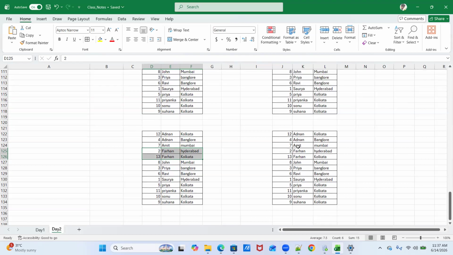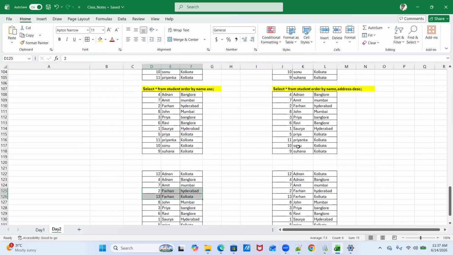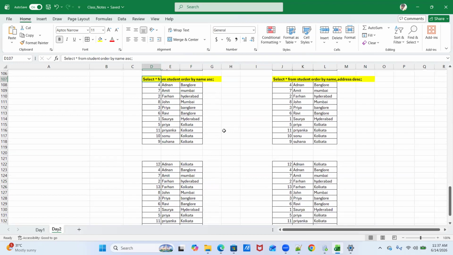Now understand what happens. Here, we are telling it to sort the data in ascending order. So it has sorted the data based on the name column in ascending order. So this is the result set we were getting.